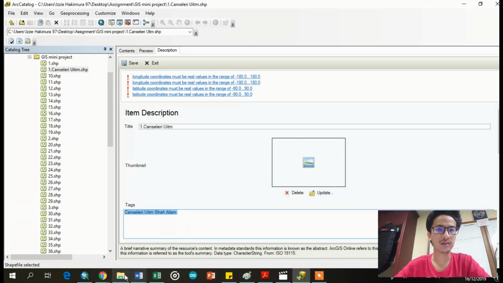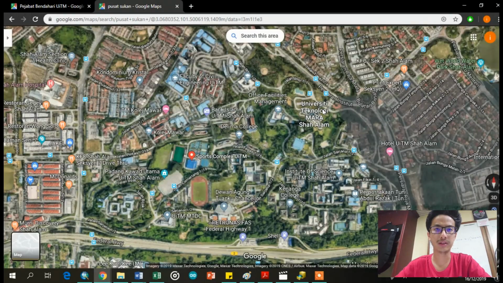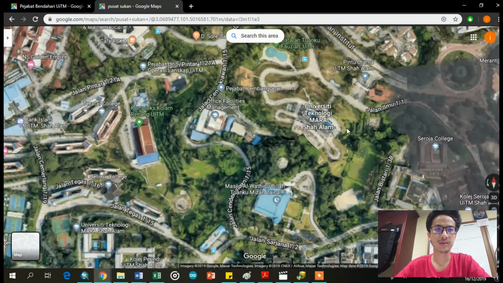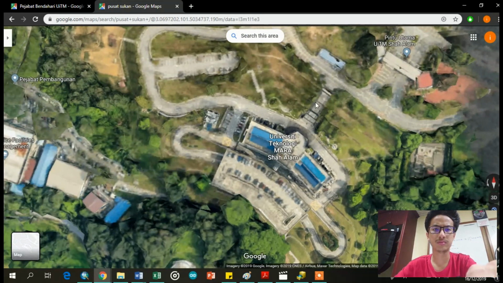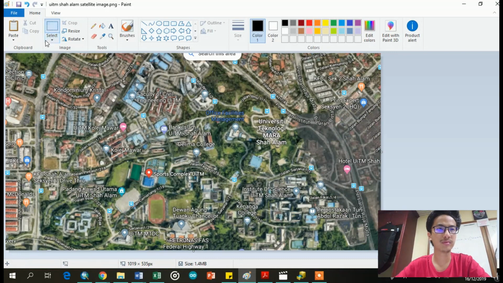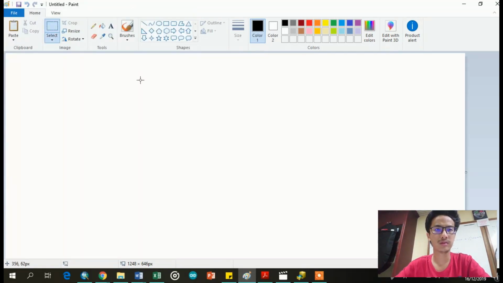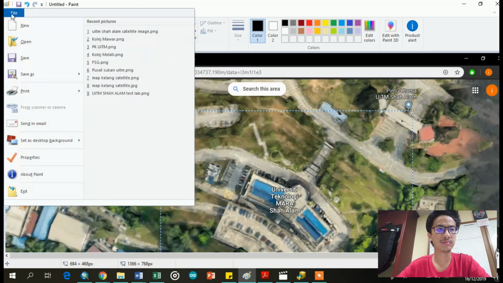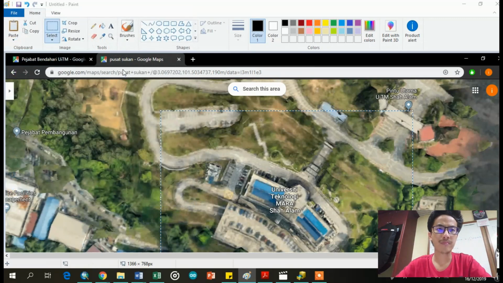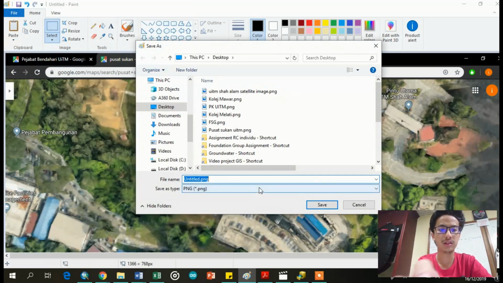We can take the screenshot of the picture. Okay, we open the pane. We crop the picture. And save it. Chancellery.